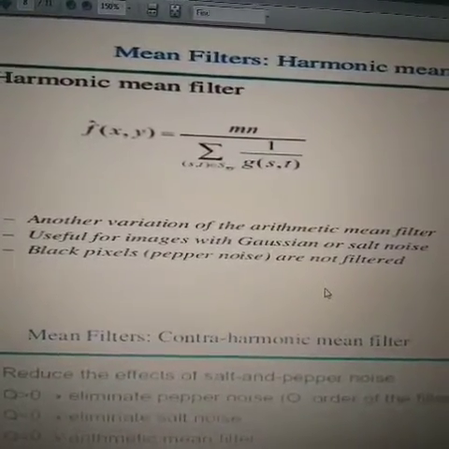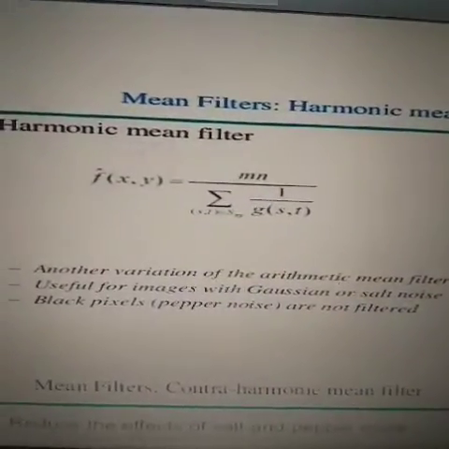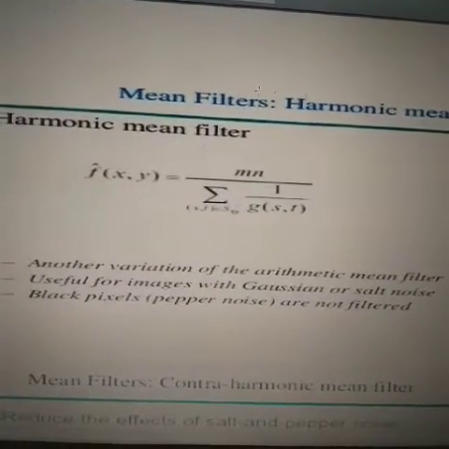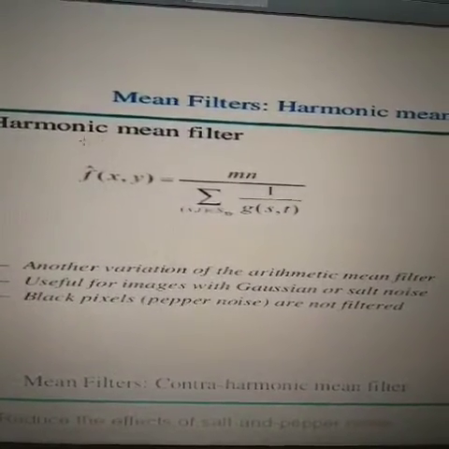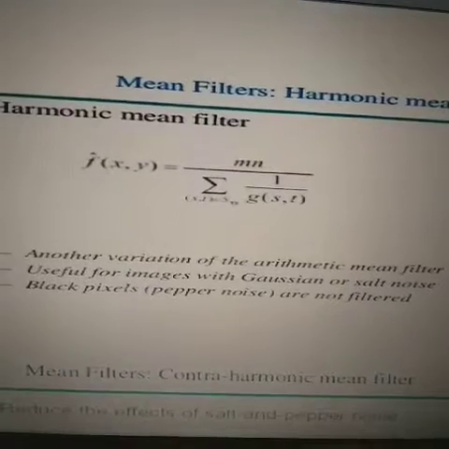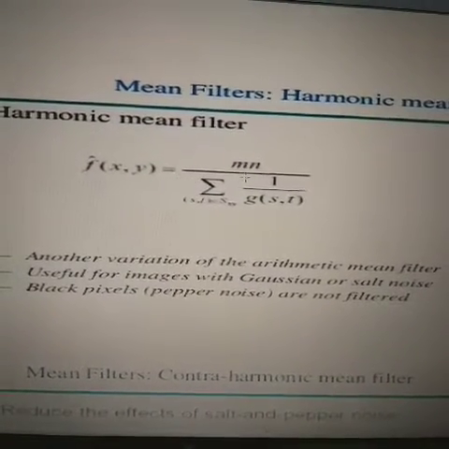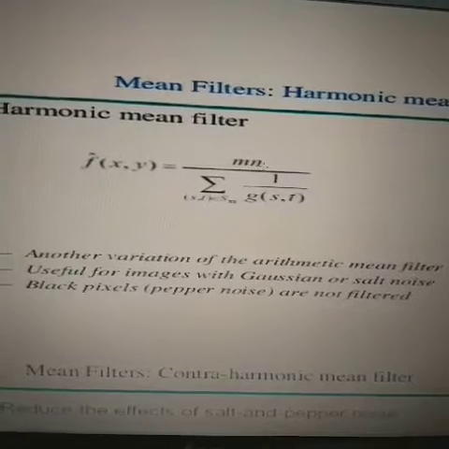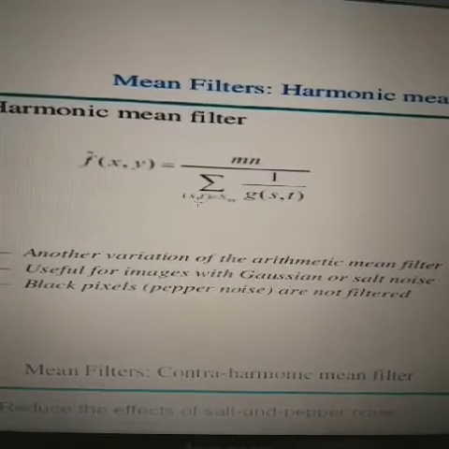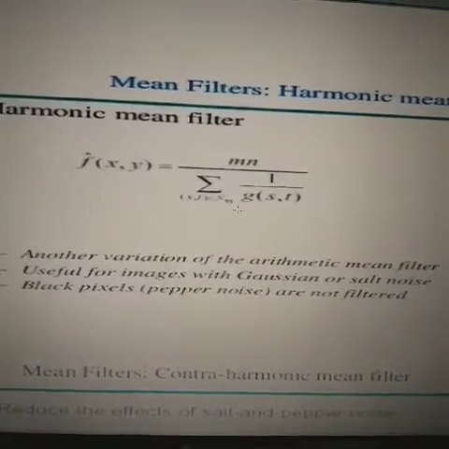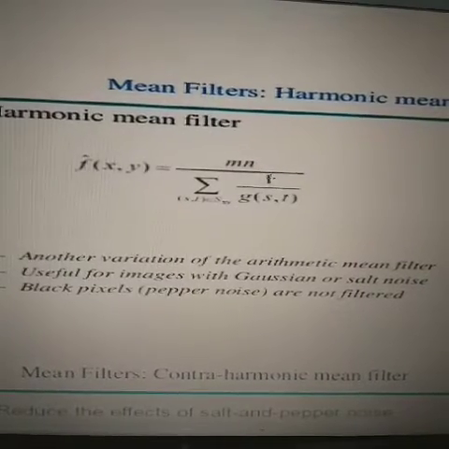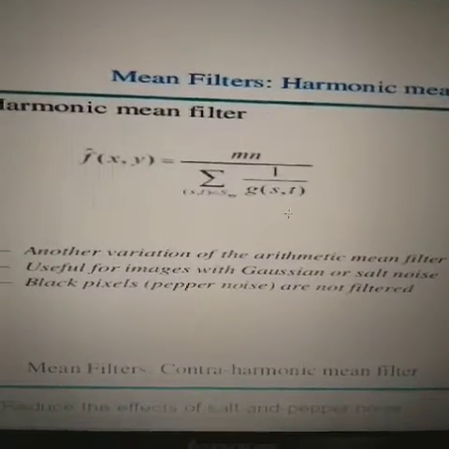In case of harmonic mean filter, we get the enhanced image by the equation m into n divided by summation over (s,t) that belongs to S x,y of 1 divided by g(s,t).